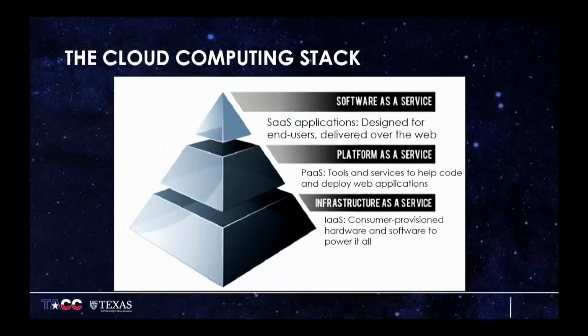So of course we have the software as a service. These are designed for the end users, delivered primarily as web to them. The next layer below that, we consider the platform as a service, and this is where a lot of the APIs fit in. These are the tools and services to help the code and web developers to deploy their applications on the systems. And then something that we've pretty much handled for the most part at TACC is the infrastructure as a service. We've been doing this for HPC. We build systems, we build production infrastructure that folks can use, but in this case, users can provision these services and stuff, not using something that we've already provisioned for them.